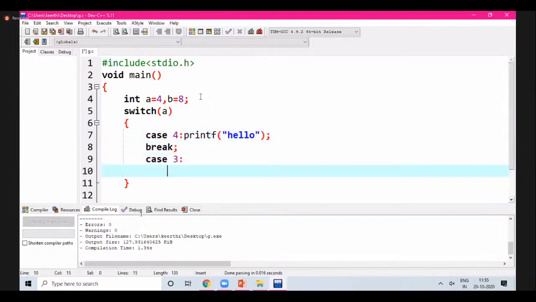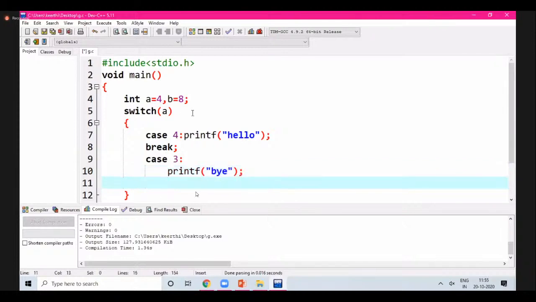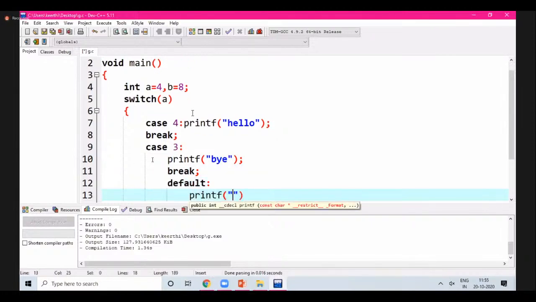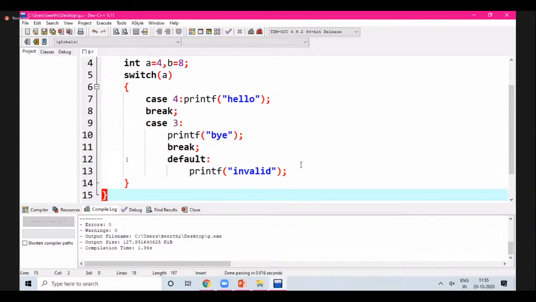Case 3: printf bye, then break. Then default: printf invalid. So switch of a, what is the value of a? 4. It will match this case, and 4 is your label name. As 4 is present, you get the message hello.